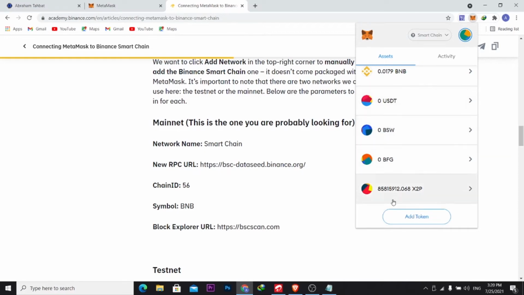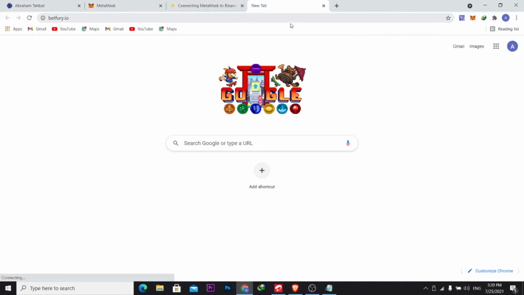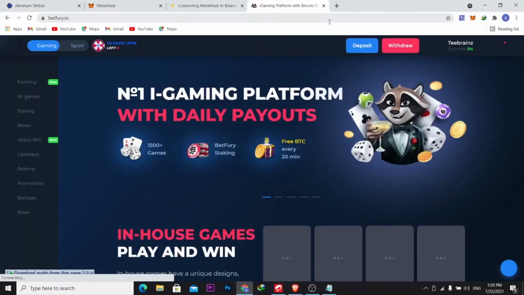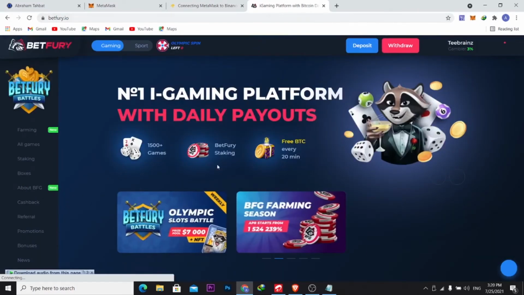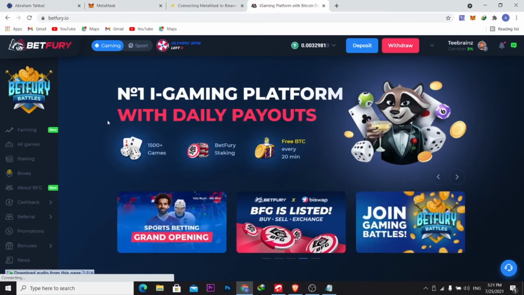So you can see I've added a couple of tokens. All you need is the contract address for these tokens. So if I was trying to add, let's say BFG here, all I would need to do is come to the BetFury network and find the contract address. Okay, so I'm already logged into my BetFury account right now. If I was trying to add the BFG token to my Metamask,